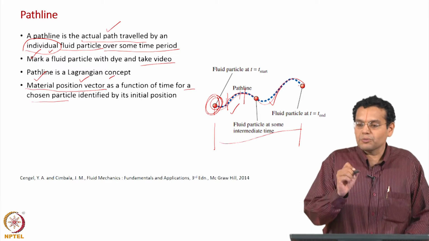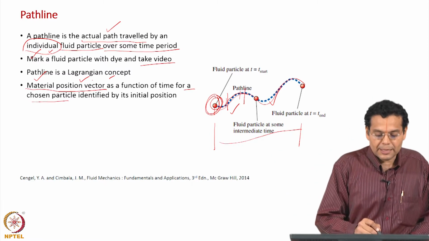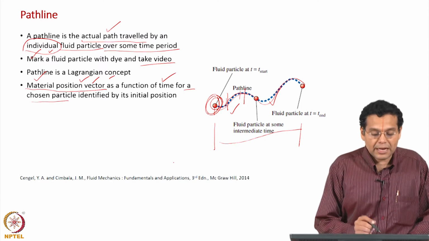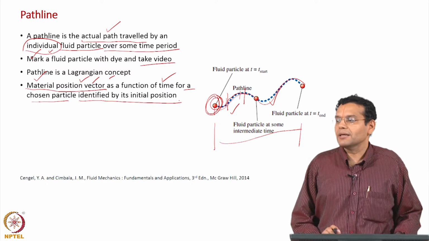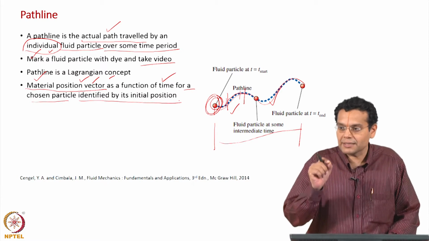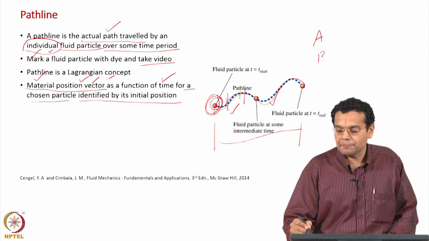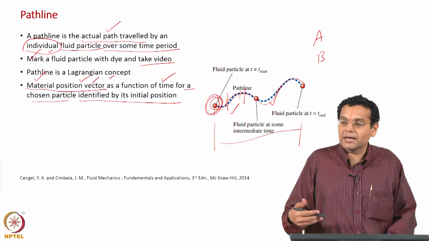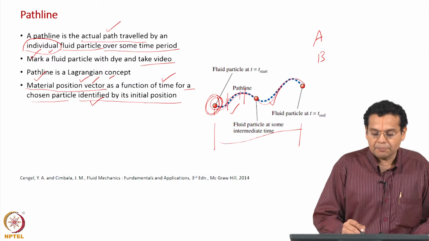It could move in one direction, could move in the xy axes or along xyz coordinates. So, it is a position vector, of course, which varies as a function of time. Now, the last point, which I have seen earlier, is to identify its initial position. Remember, in the Lagrangian description we said the independent variables are time, of course, and then the fluid particle. For example, in the chimney case we said particle A, particle B, and then later on we refined, saying that we can't number all the particles or give letters for all the particles, we will identify by its initial position. That is what this is, identify by its initial position.